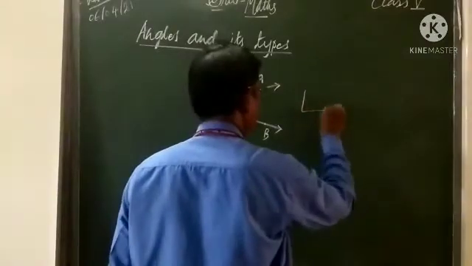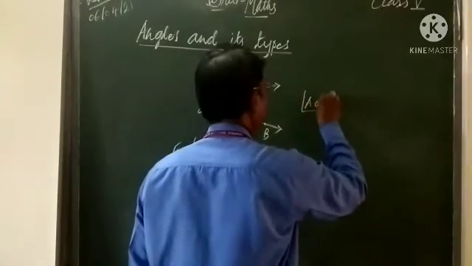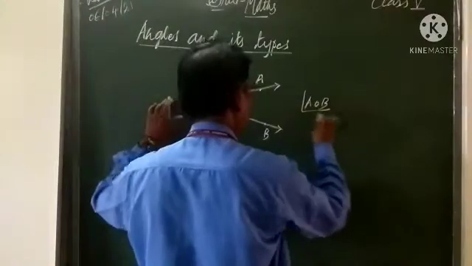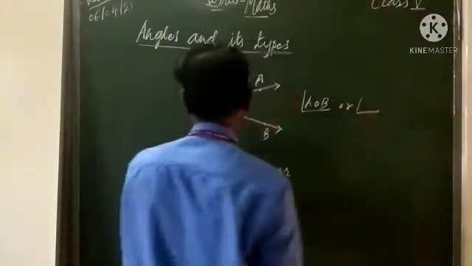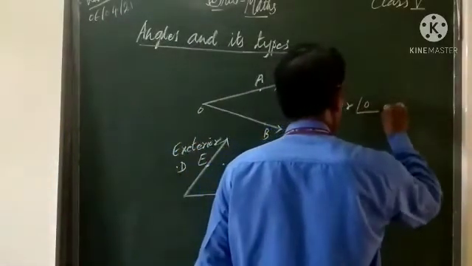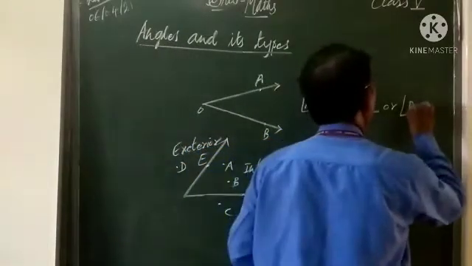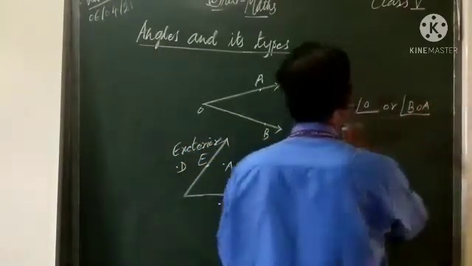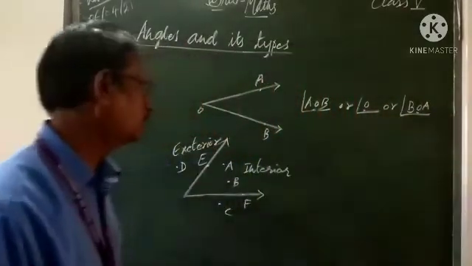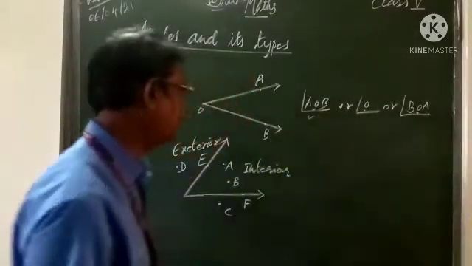This is the symbol of angle also. We can write it this way also: angle AOB. The vertex should come in the middle. You have to keep in mind: in the middle only. Angle AOB, or in short you can say angle O. What is the vertex of angle AOB? O. Or if you want, angle BOA. In this way also we can write BOA. In all three, we have written O in the middle, meaning the vertex should come in the middle. Understood? So there are three ways of writing, but we generally take the first way only for writing angles.